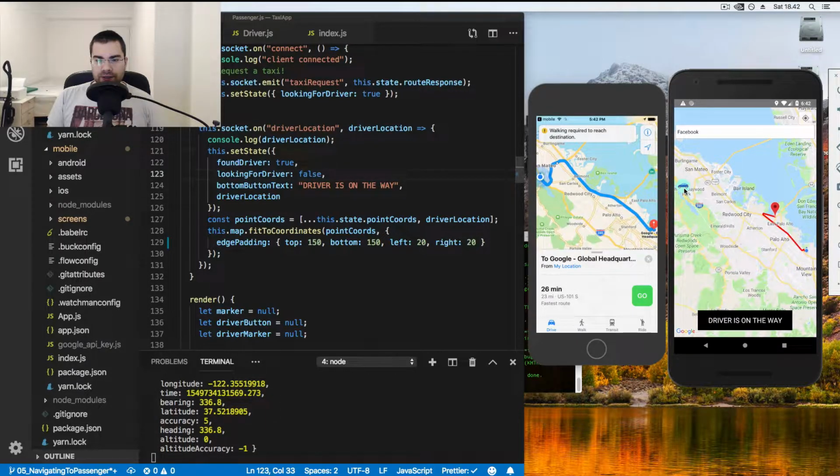driver is currently at, and the icon is going to update in real time as we are getting a location of the driver. And here we have the backend running in Node.js with socket.io, which is receiving the driver's coordinates as he is driving along to the passenger, and these get passed on to the passenger app. So that's what we're going to build in this episode, and I hope you will enjoy it and get something